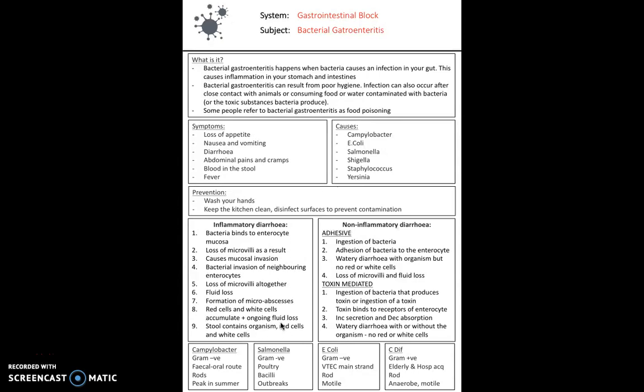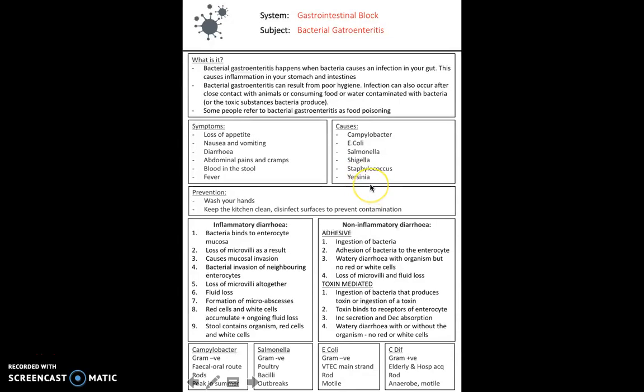Next we've got bacterial gastroenteritis. So again, gastroenteritis is exactly the same. We've got inflammation of the lining of the stomach, but bacterial, again, refers to the cause. So bacterial gastroenteritis can be caused by a variety of bacteria such as Campylobacter, E. coli, Salmonella, Shigella,